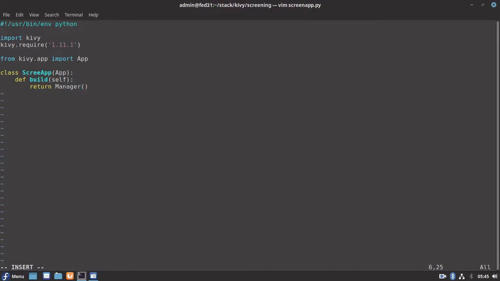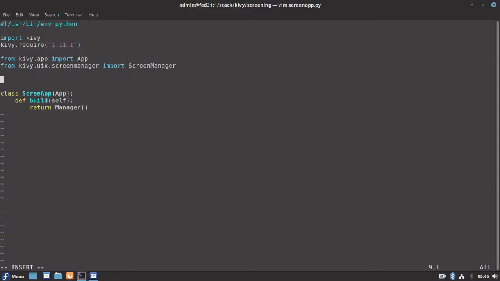We will need to import one more class to utilize the Screen Manager, that is kivy.uix.screenmanager. From there, we need to import the Screen Manager class.